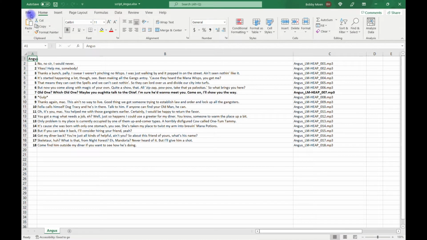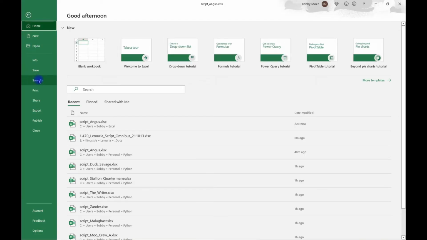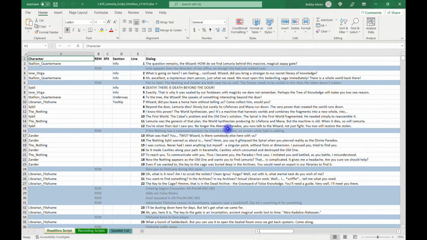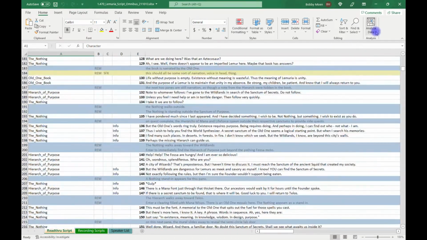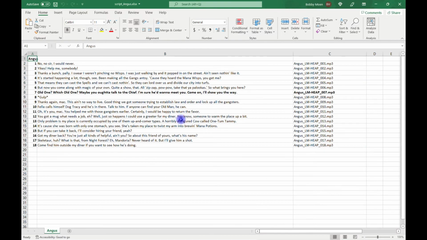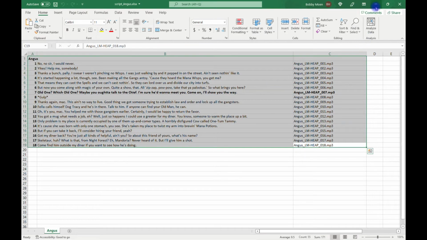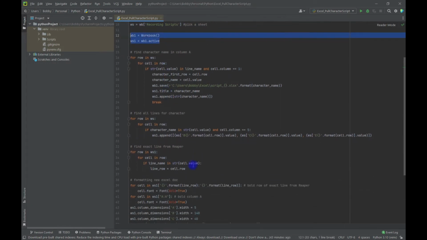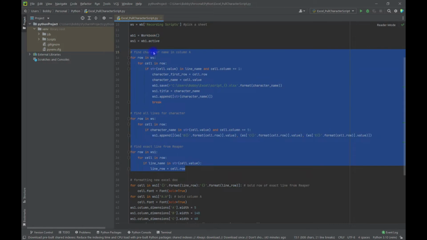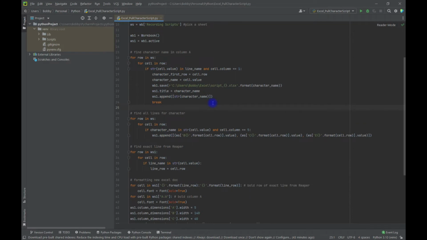This is like a script I would get from the writers on a game I used to work on. And it's just a huge document with thousands and thousands of lines and 3 different sheets and all the characters. So I want to parse through that and get just my characters' lines. So I've got the file name, I've got the master script, here's my new workbook I'm going to create, and here's all that searching. This logic is very proprietary on the formatting of that master script. However it happens to be formatted,